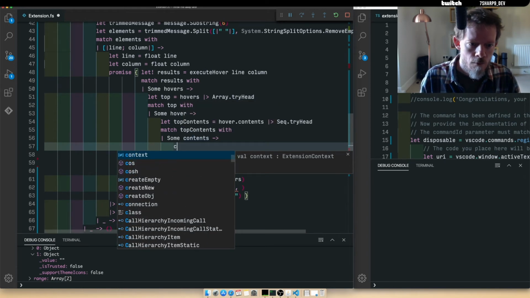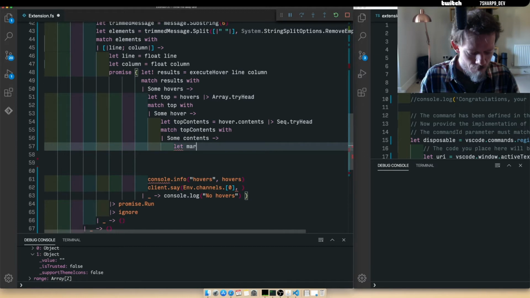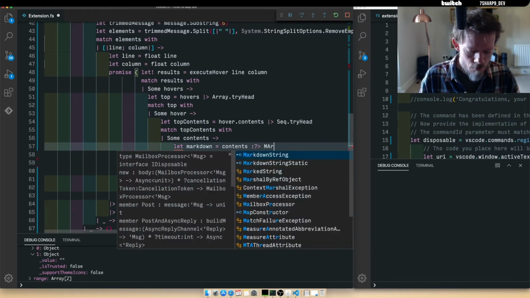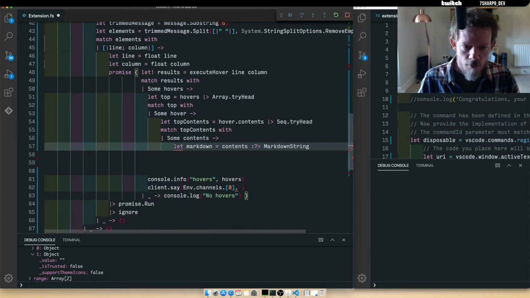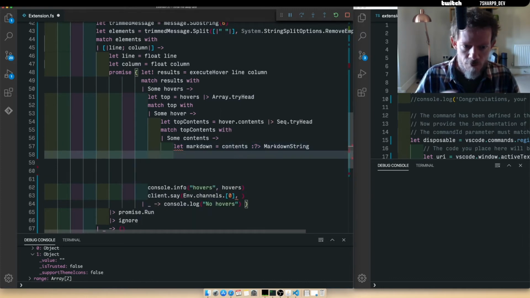So if we do markdown equals contents, and if we cast that to markdown string, that should hold the cast, because a markdown string